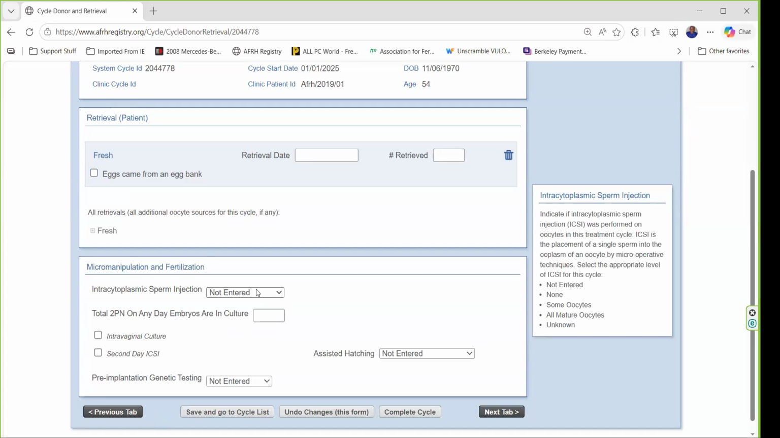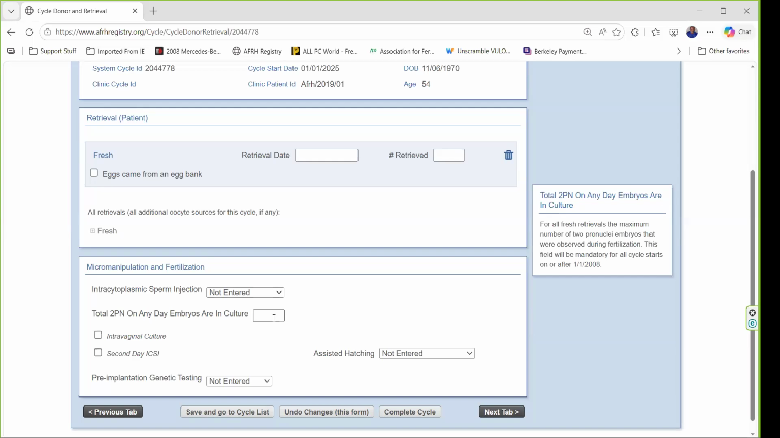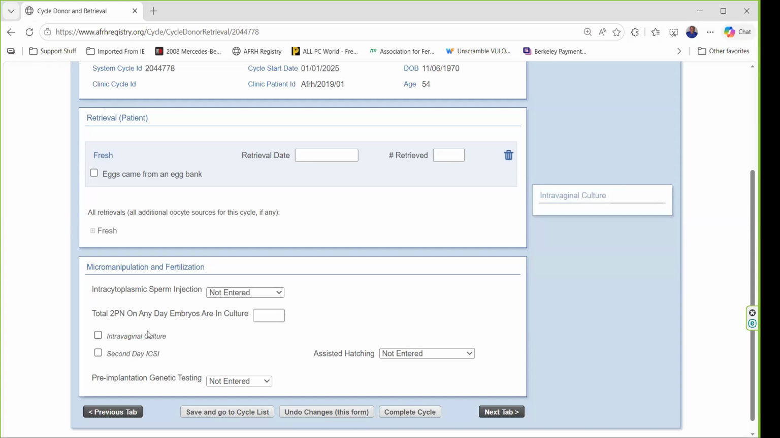Indicate if intracytoplasmic sperm injection, ICSI, was performed on the oocyte in this treatment. Total number for all fresh retrievals, the maximum number of pronuclear embryos that were observed during fertilization. Intravaginal culture, second day ICSI,